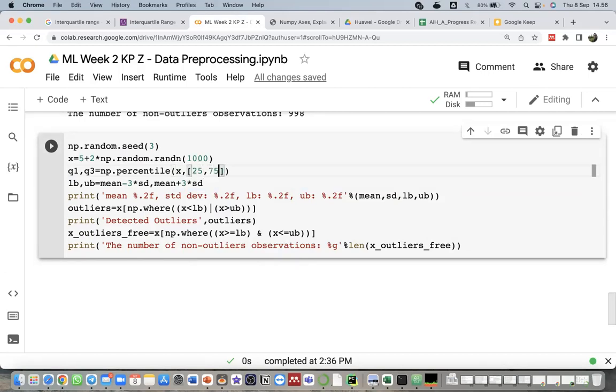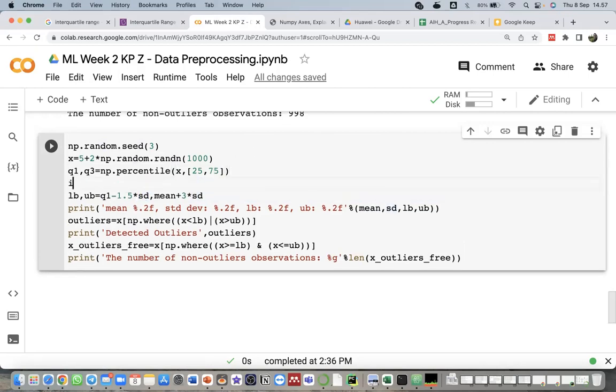The second argument will be 25 and 75. So 25 represents quartile 1 and 75 represents quartile 3. In this example, we can just change the mean to Q1 minus 1.5 times IQR. We need to define the IQR first: IQR equal Q3 minus Q1.